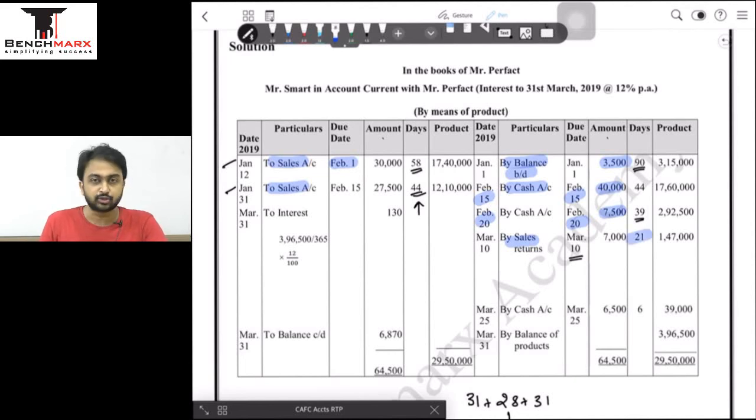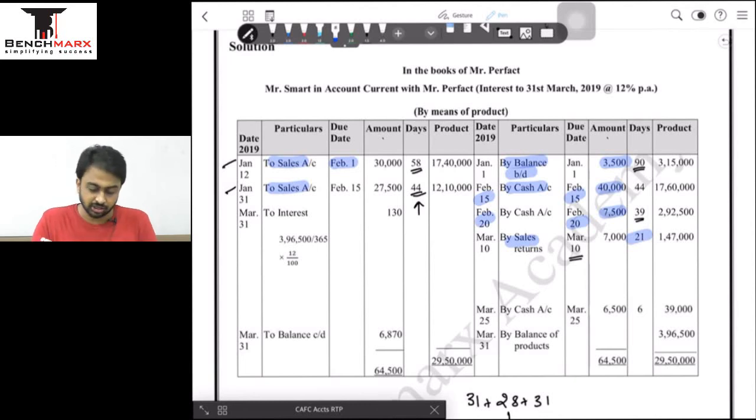Therefore due date is 21, number of days is 21. That is as good as saying 31 days of March minus 10 days of March, that is 21 days. But conceptually I personally feel that number of days should be the same number of days as the sale transaction, because it is a return out of the same sale transaction. So knock off करने के लिए we should take the same number of days of the sales. लेकिन this is my personal view,